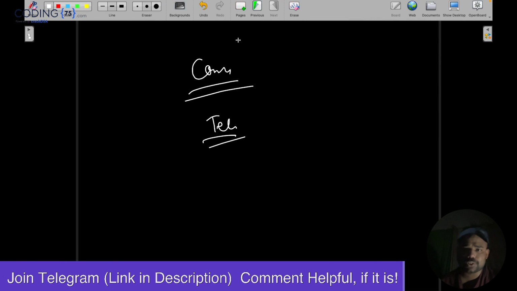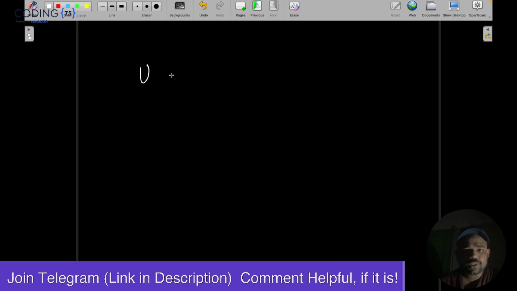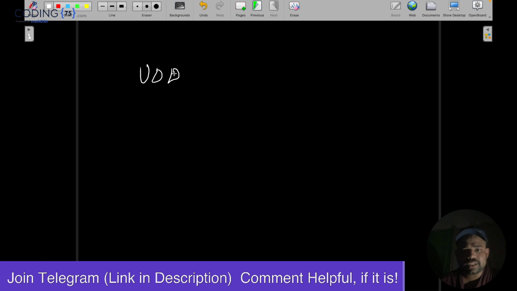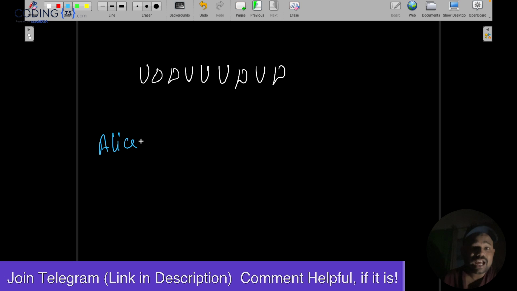You will see how it is given to you. For example, the given is like this: U D D U U U D U D. Okay. For example, this is the thing. U means that a coin is facing up. D means the coin is facing down, right? Guys, for example, first is Alice's turn, right? Alice will do the operation in such a way that Bob will not get any up coin. So whenever Bob will not get any facing up coin, Bob will lose. Or if Alice in a turn will not have any facing up coin, Alice will lose.